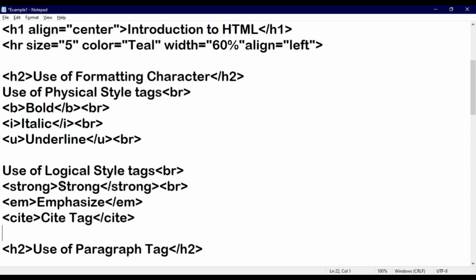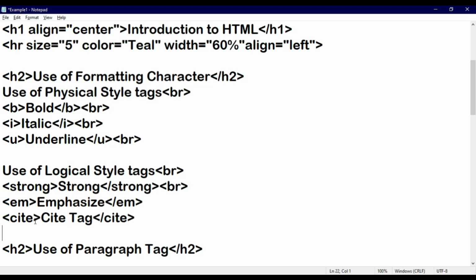Like this, another use is DFN, and another tag is strong, which right now practically it will not be possible to show you the output. So just understand these three tags only, that is strong, EM and cite, right? And there is no equivalent tag for underline in logical style tags.